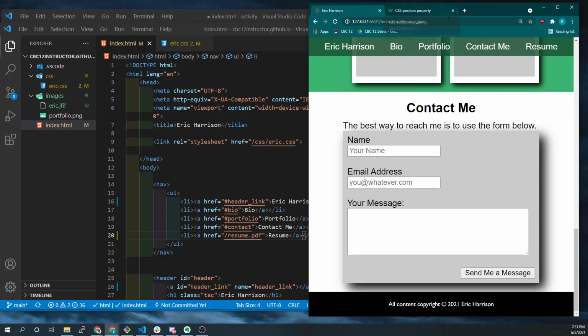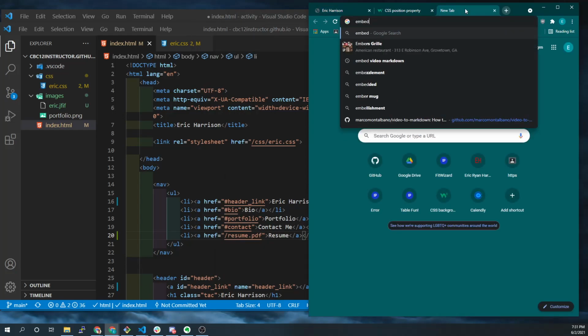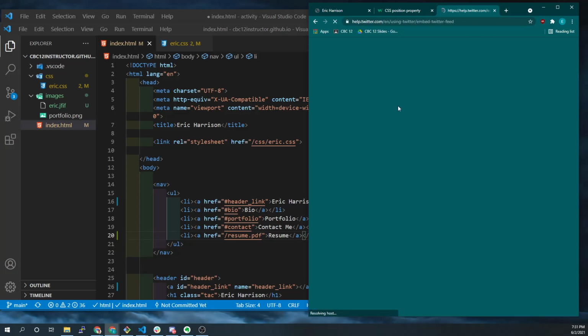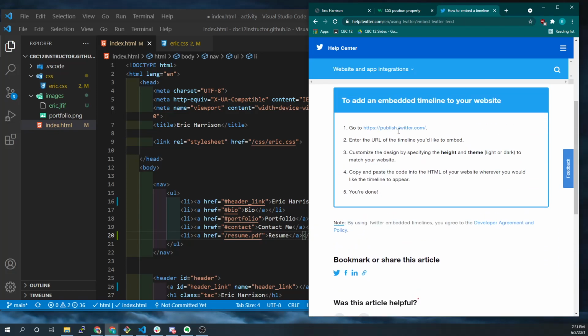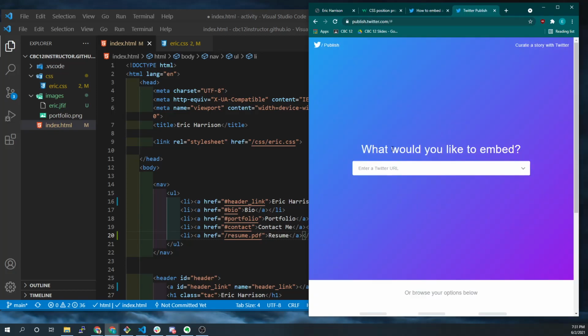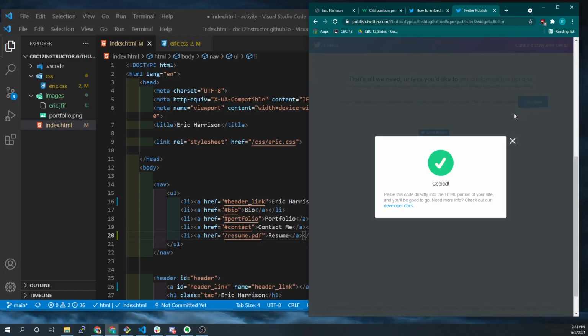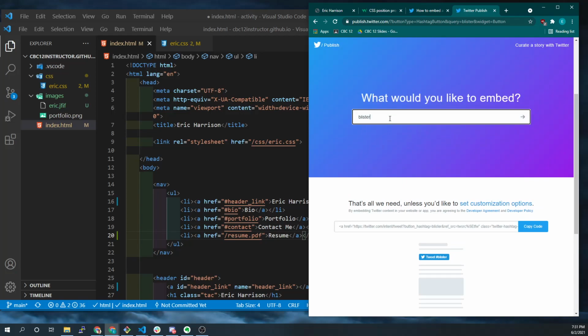Another thing I might do, and this is what I have embedded on my website, is go and say embed Twitter timeline, right? Feed. Yeah, and so they're going to tell you exactly what to do. Let's see. I'll just add in my Twitter feed, right? And so